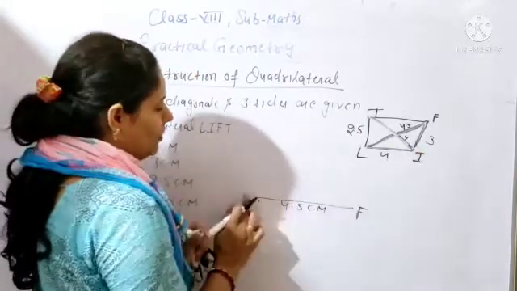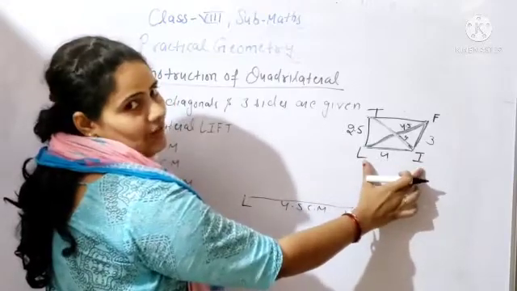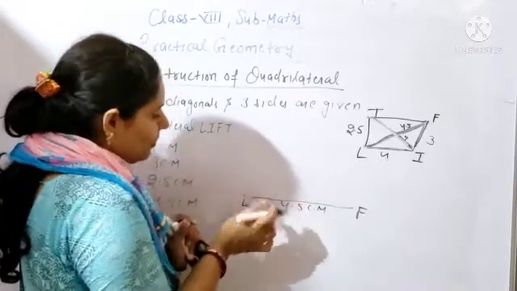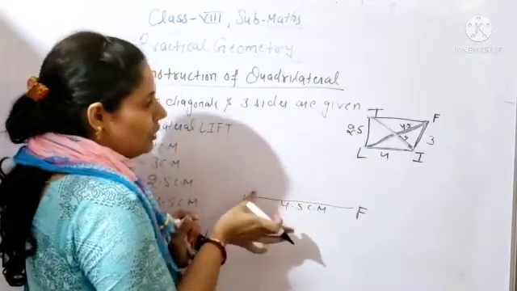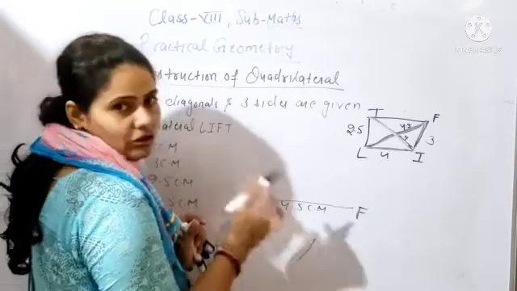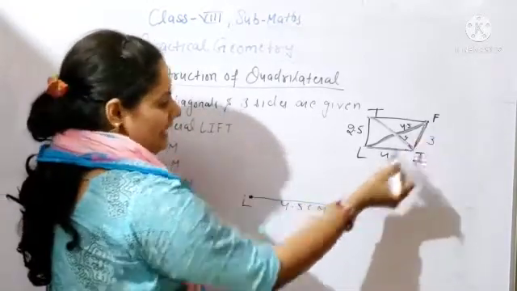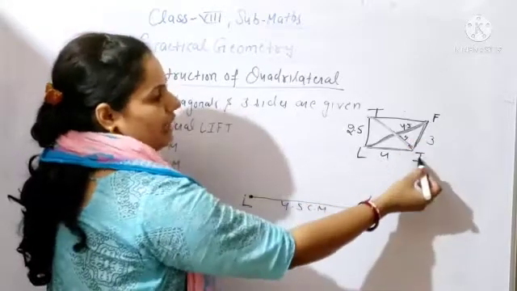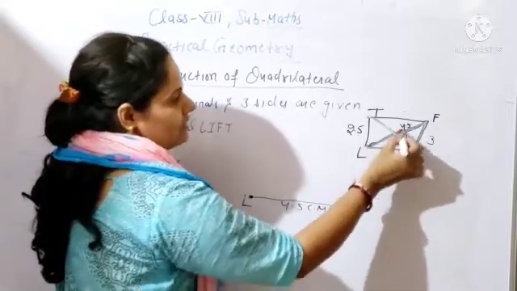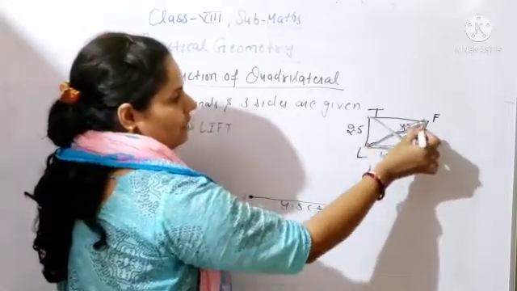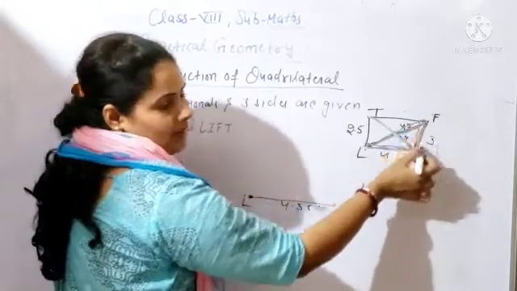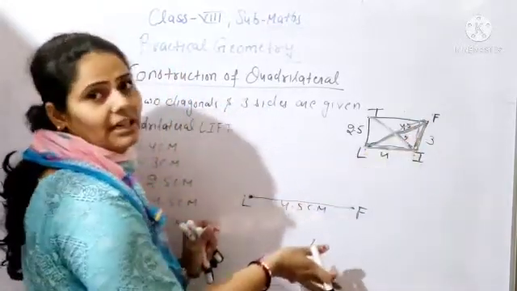So what will you do? From point L to I, the length given is 4 centimeter. So from point L you will take a compass, open it 4 centimeter, and draw the arc. Same from point F. Next point is point F. So what is the length of F to I? Because this is the triangle we are taking, beta. Okay, so we will make LI and FI, then the triangle will be complete.